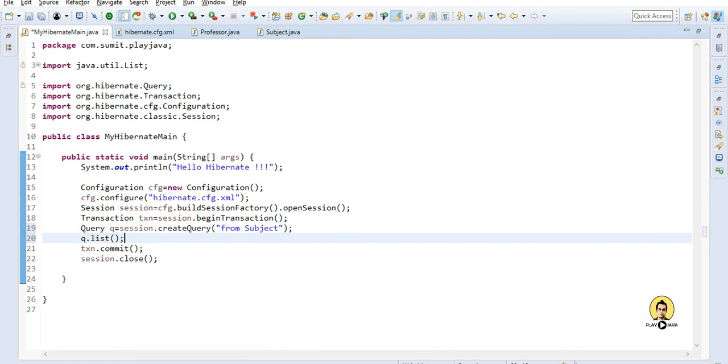So let's proceed and provide this as q.list, because this will be in the form of a list and I am storing it in a list. Let me typecast it to Subject, and here also, that is a list of subjects.